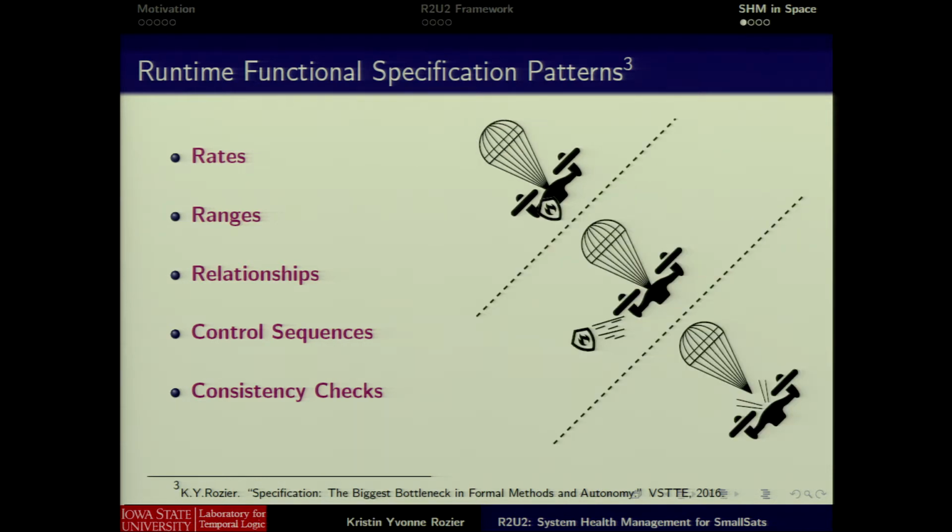We also notice that we see a lot of control sequences, things that should happen given a certain command in a certain order. So for example, when the aircraft says, okay, I am now commanding a landing, then we should see something like we deploy the parachute, and then we eject the heat shield, and later we release the parachute, right? These things happen in a specific order. You never release the parachute before you deploy it, for example, and they're separated by other things we can usually check as well, by some period of time or some event, right? So that's another type of sanity check that we find that we often need and could potentially automate on board these systems.